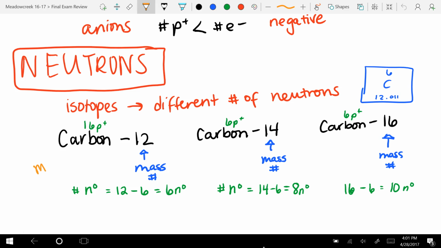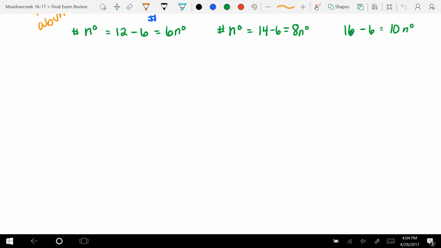Carbon 12 is the most abundant, which is why the number on the periodic table is most similar to 12. Carbon 14 is the next highest, okay? And then carbon 16 is the smallest percentage, okay? And this creates a weighted average. So if we want to look at this weighted average in order to calculate the atomic mass, so remember, let's just write this down. The atomic mass is a weighted average